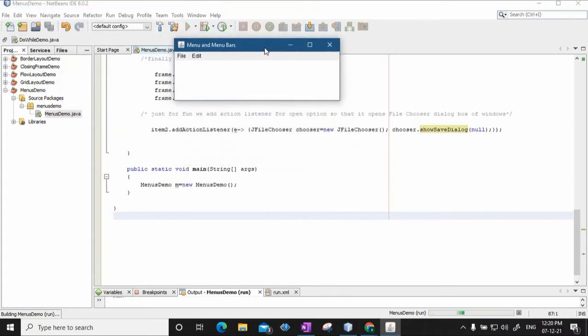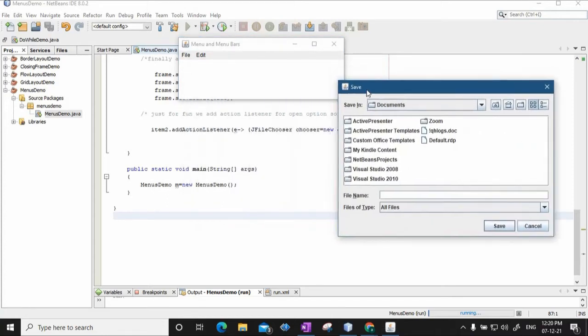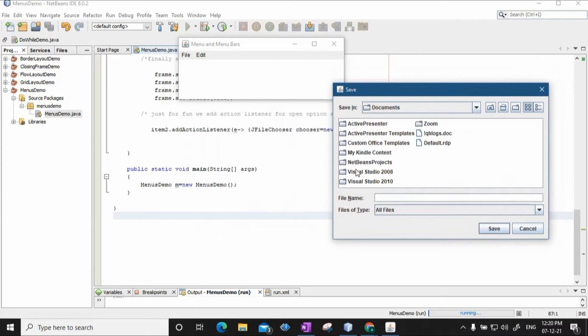Let's see. Now I am doing it for the same item2. What I am trying to do here is, if item2, that is the open menu item, is clicked, instead of showing you the open dialog box, it is going to show you the save as dialog box, something like this. See, it is going to show you another dialog box wherein you can save the file. This is called save as, wherein you can type the name and say save.